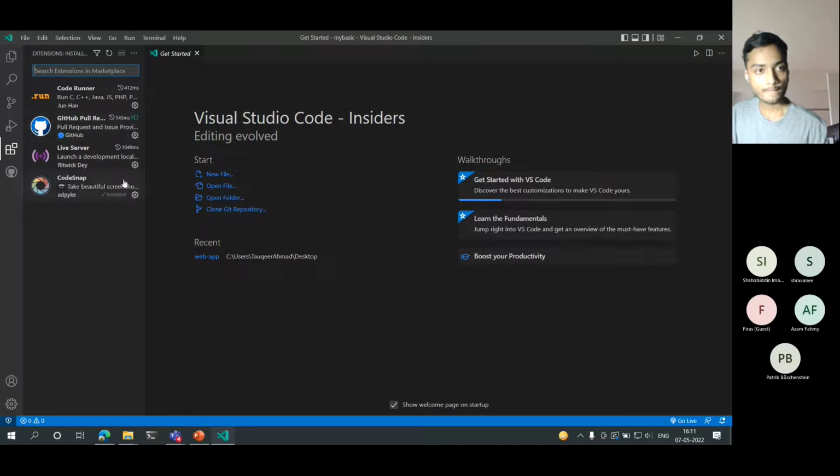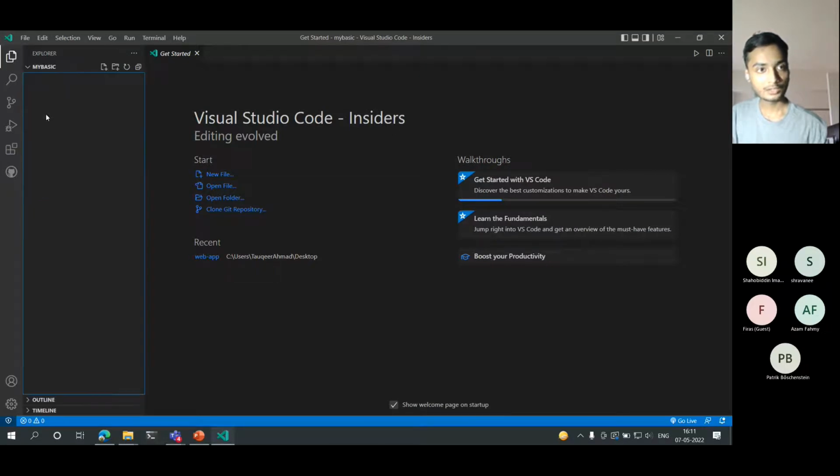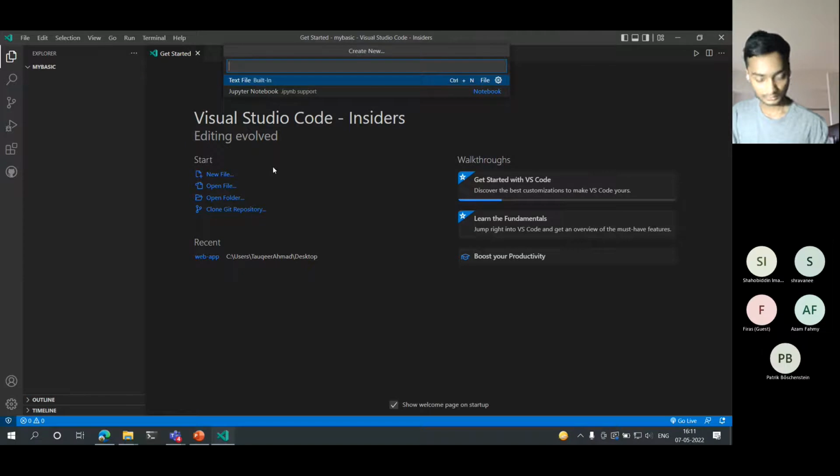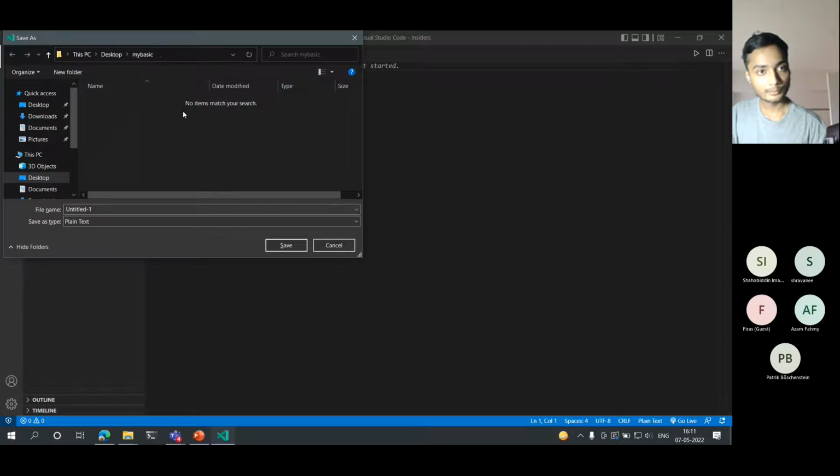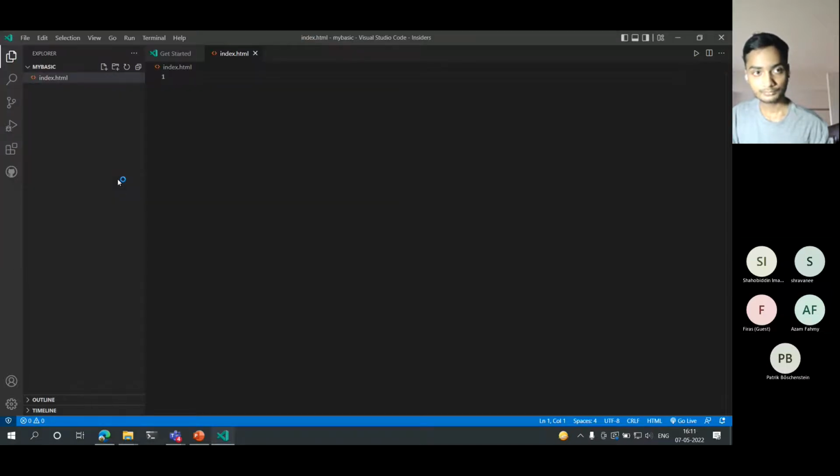So what I'm doing is just creating, I see that there is no file over here. I shall be creating one file and saving it into my basic folder. That is a root file. So what shall I name it? Anything can be given, but as a norm of web development, one should name it index.html. Cool. I hope this is clear to most of us.